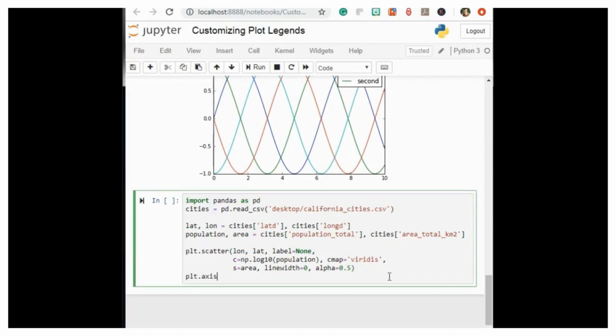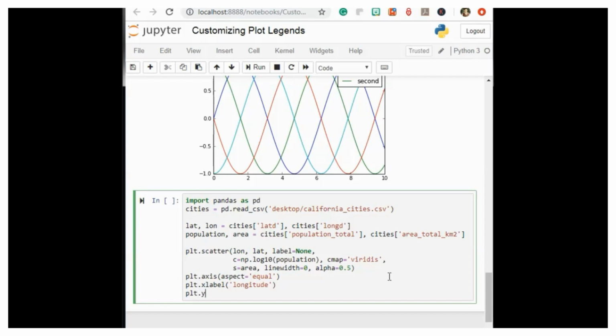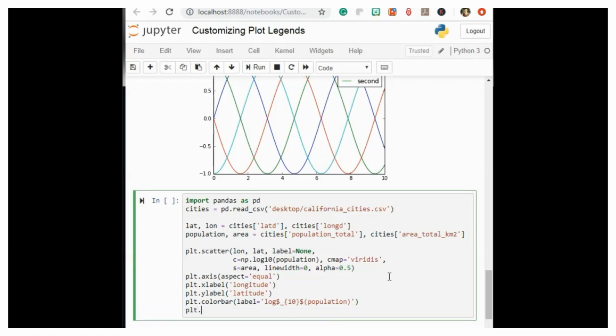plt.axis aspect equals equal, plt.xlabel longitude, latitude, plt.colorbar, label equals log base 10 population. Now plt.clim